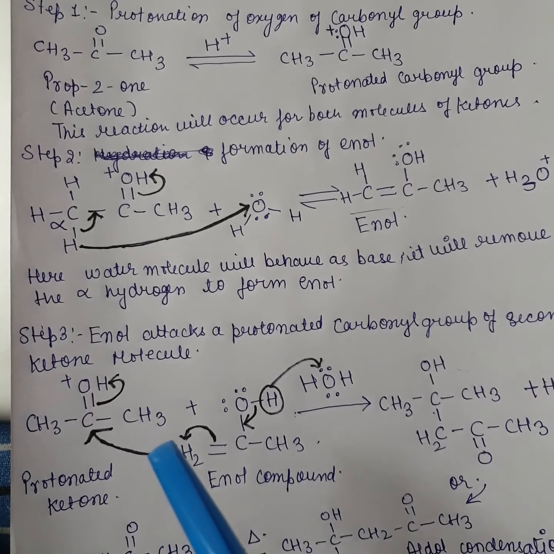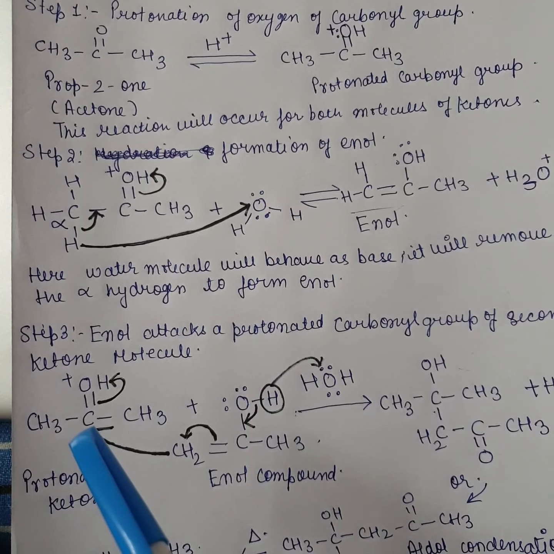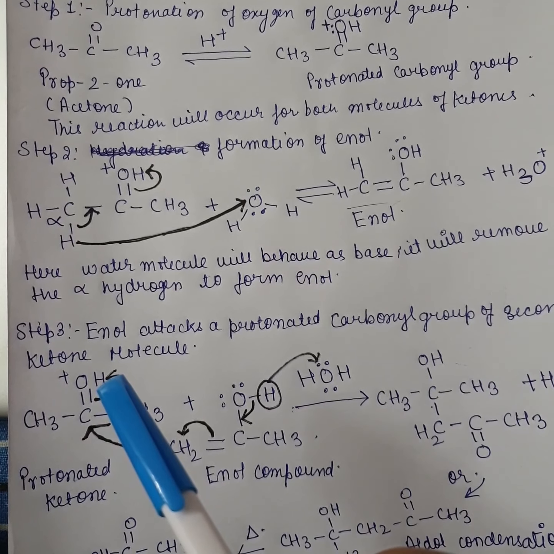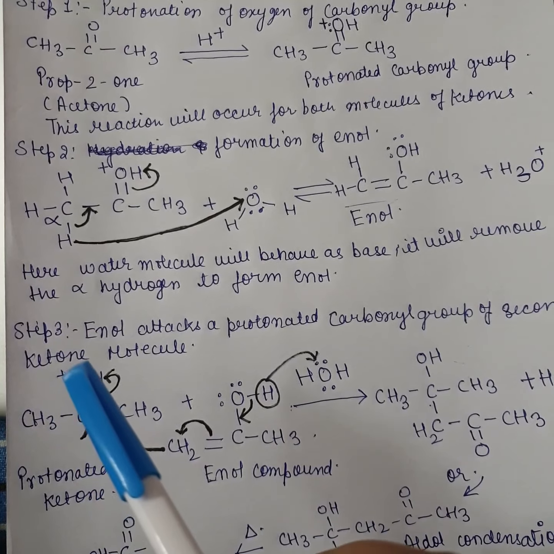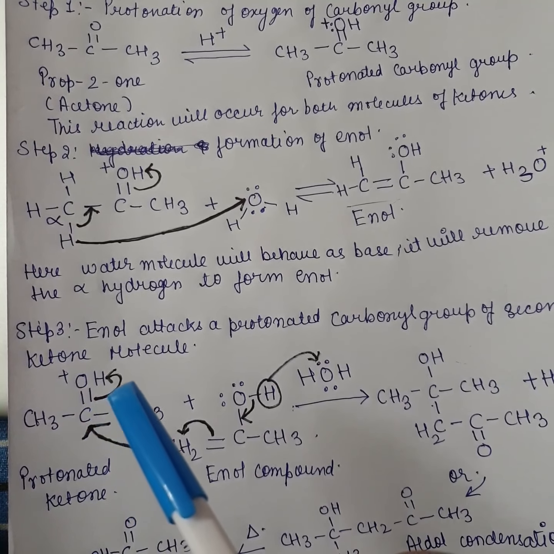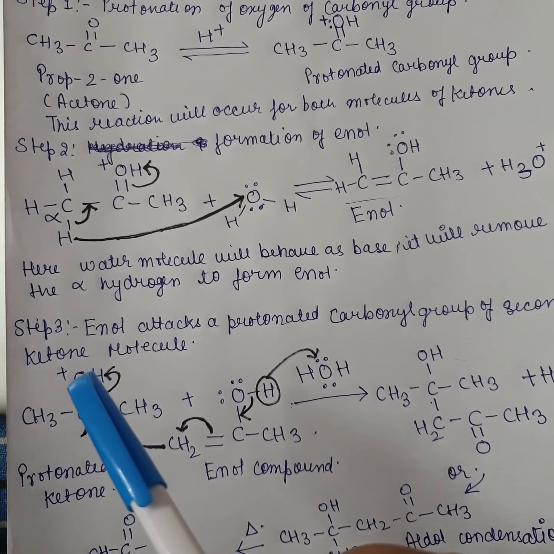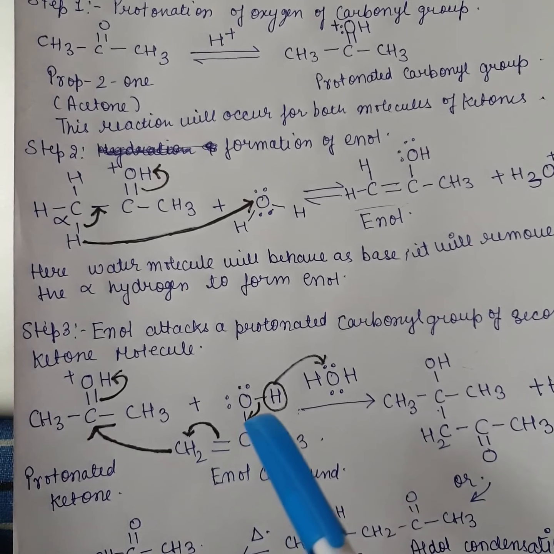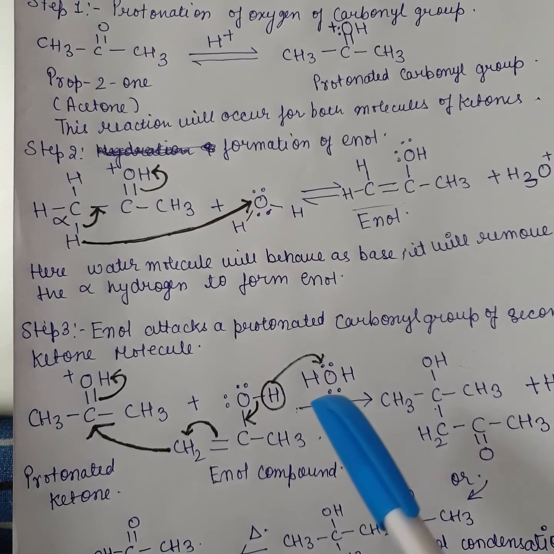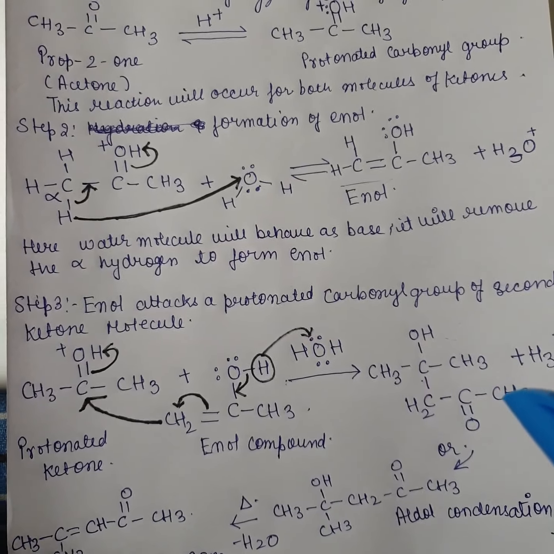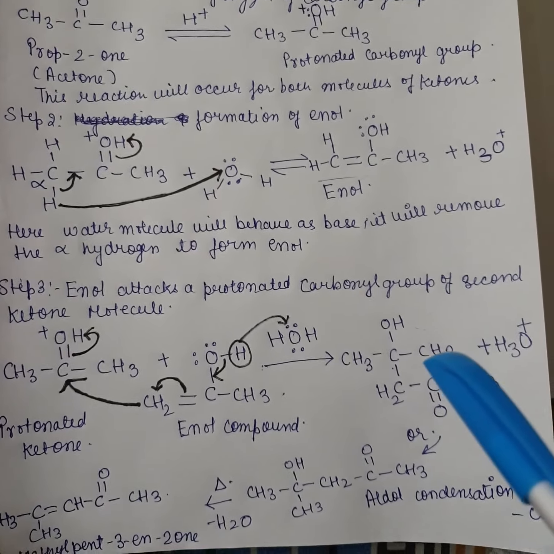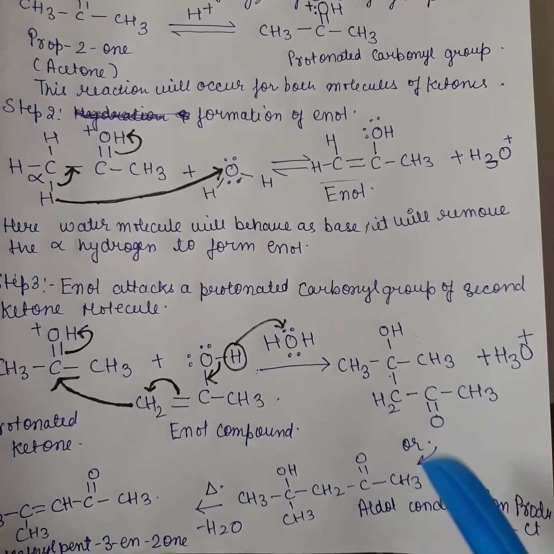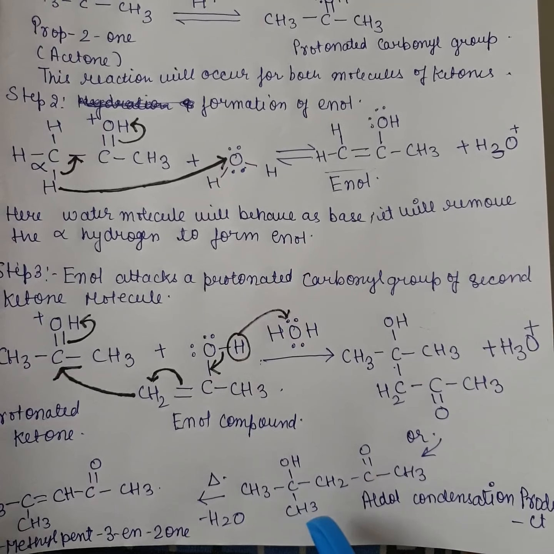So here you can see once this CH2 forms a bond with this carbon, the double bond will break and the electrons will be utilized by the OH. Because this OH has a deficiency of electrons, these electrons will be utilized by the OH group to compensate that deficiency. So the CH2 will form a bond with this carbon, and this hydrogen will be liberated and taken by the water molecule, and ultimately we will get our aldol product. So here you can see our aldol product and the H3O+ ion. I have written this aldol product in this way also, you can see.